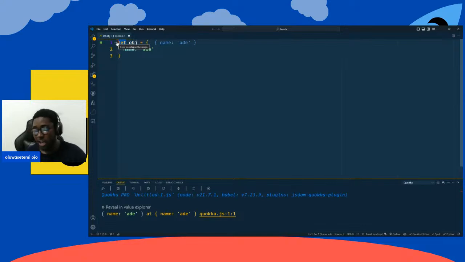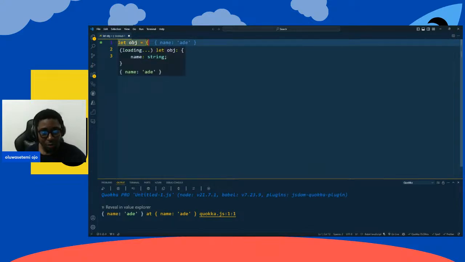So if you want to declare an object as well, you can declare with the name of the object, you have your assignment sign, and then you have these curly brackets. The curly brackets here signify the literal declaration of objects. So what do I mean by literal? It just means that